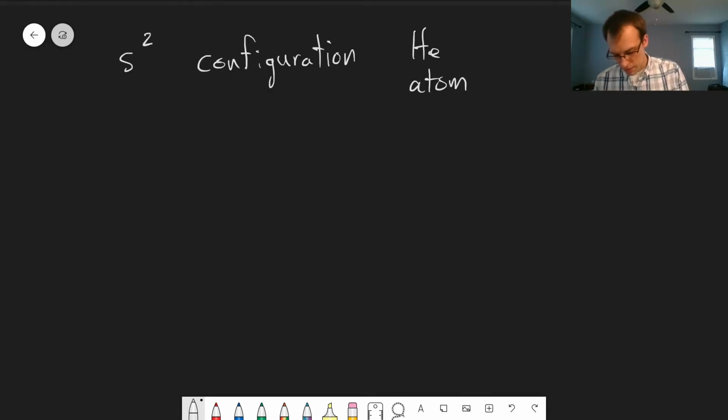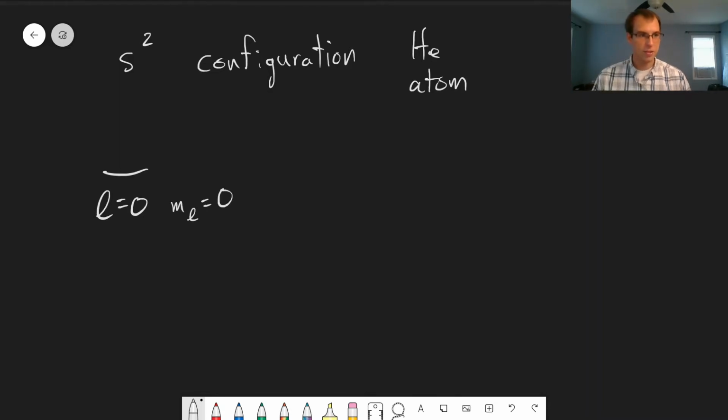So we can represent this as, where we have L equals 0, and also to be complete here, m sub L is also equal to 0. And we have 1 spin up and 1 spin down electron. As we saw with our Slater determinants and the Pauli exclusion principle, we can't have 2 spin up electrons in the same orbital because it's impossible to make an antisymmetric wave function from that. Okay, so the question here then is,